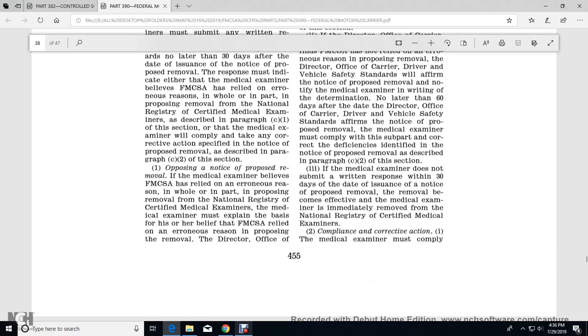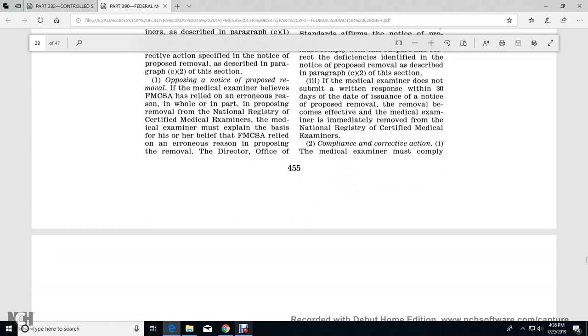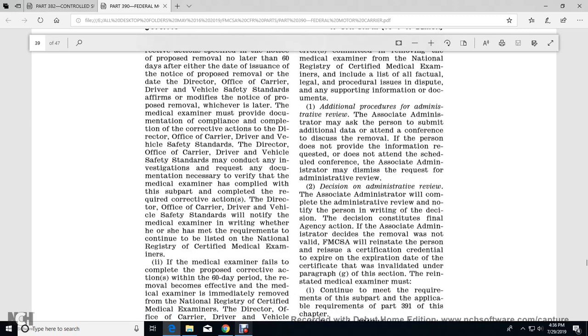Three. If the medical examiner does not submit the written response within 30 days of the day of the issuance of the notice of proposed removal, the removal becomes effective, and the medical examiner is immediately removed from the National Registry of Certified Medical Examiners. To comply with the corrective action, the medical examiner must complete the corrective action specified in the notice of the proposed removal no later than 60 days after the day of the issuance of the notice of proposed removal, or the Director's decision to affirm or modify the notice of proposed removal, whichever is later. The medical examiner must provide documentation of the completion of the corrective action